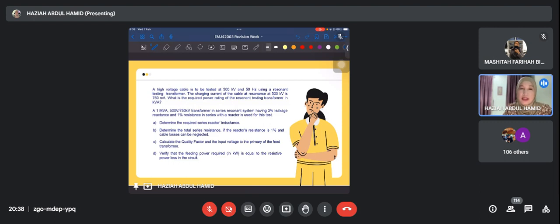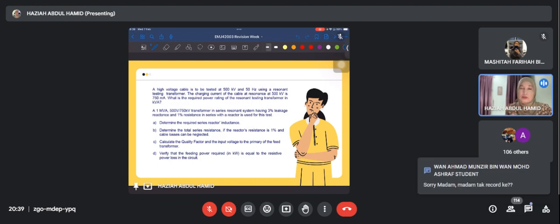The first one is using testing transformer, where you can have a single testing transformer to generate AC voltage, or if you want to increase the output voltage,